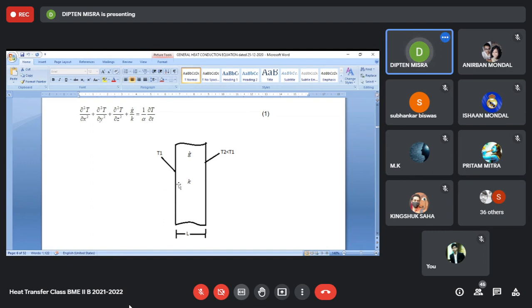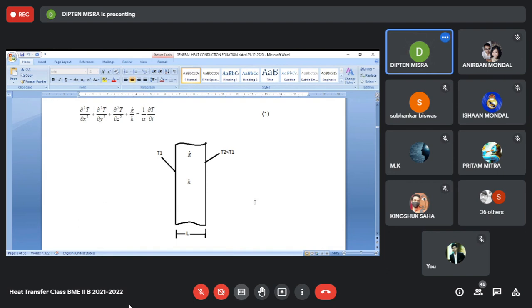We can expect this being the hotter surface of the wall and this being the colder surface of the wall, the heat will tend to flow along the x direction, that is along the thickness direction. And that it will flow means that there must be a temperature gradient along x, otherwise heat cannot flow in a direction where there is a zero temperature gradient. The heat will flow